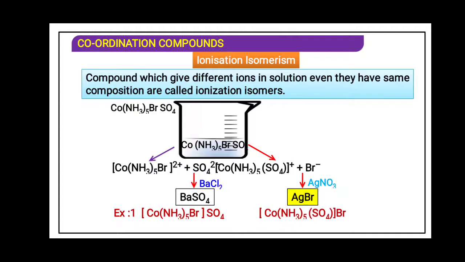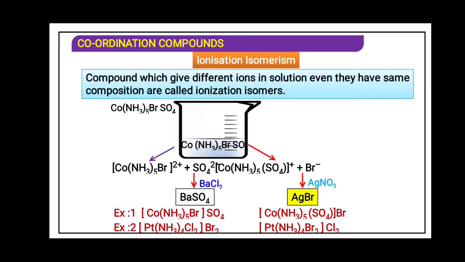So I have explained to you how to remember ionization isomerism. The ligands are getting exchanged. In simple words, when the ligands are getting exchanged, in the exam these two examples will be given in the MCQ, and you have to identify which isomerism they exhibit. So what you have to see is that the ligands are exchanging. The counter ion is getting inside the square bracket and the ligand is becoming the counter ion. So that is nothing but ionization isomerism.